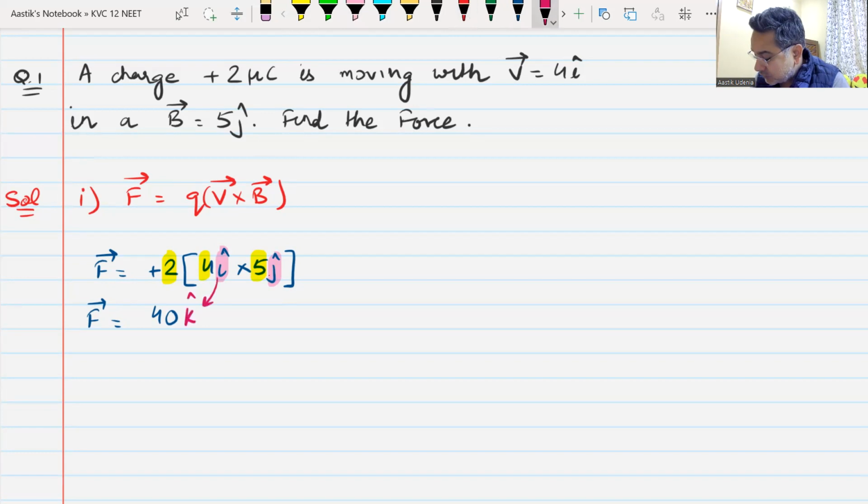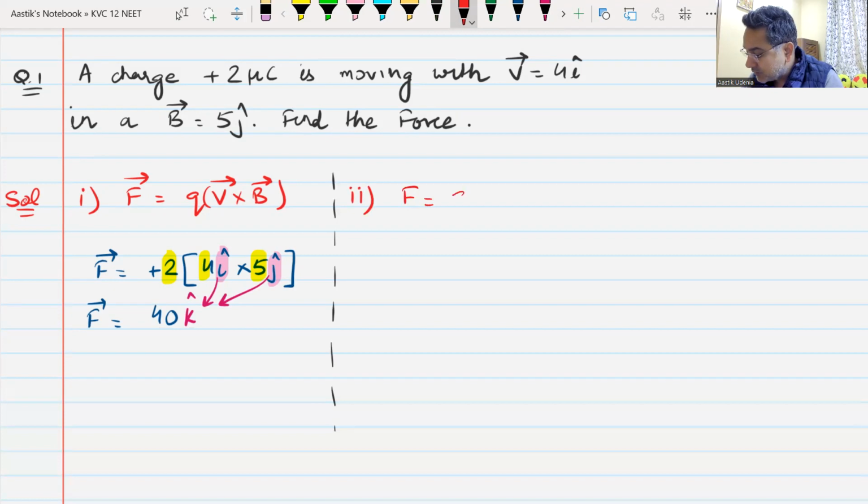I cross J is K. So the answer is 40K. 40 is the magnitude and K is the direction. This is one way of doing it. I have done it using the vector equation. Now I will do it using the scalar equation. Scalar equation is you can get the answer by this formula